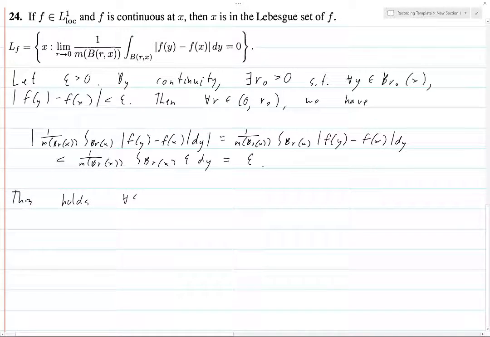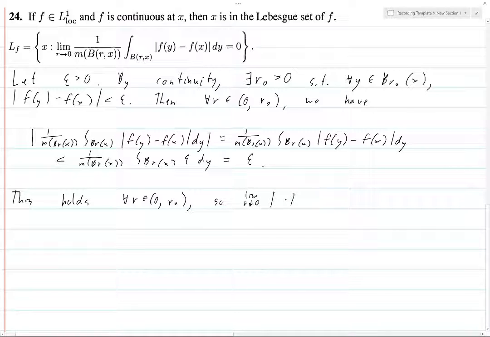This holds for all epsilon greater than 0. Oh wait, no. This holds for all r in (0, r_0), so the limit as r decreases to 0